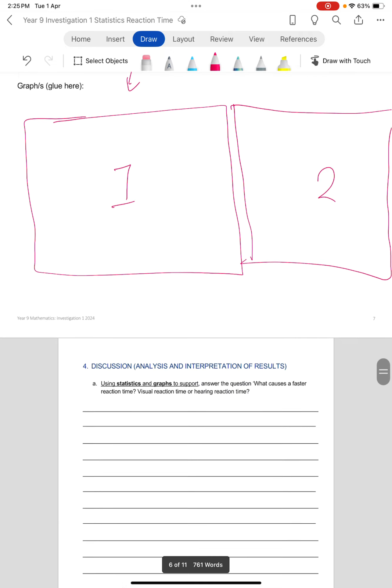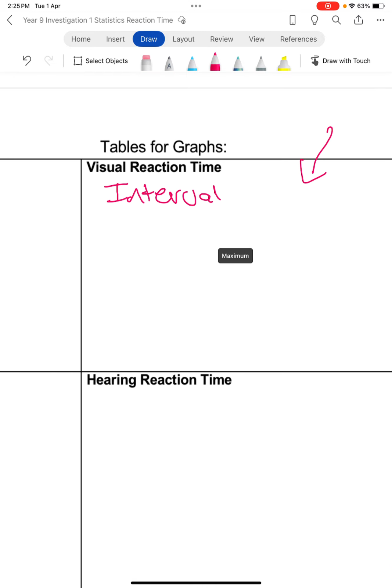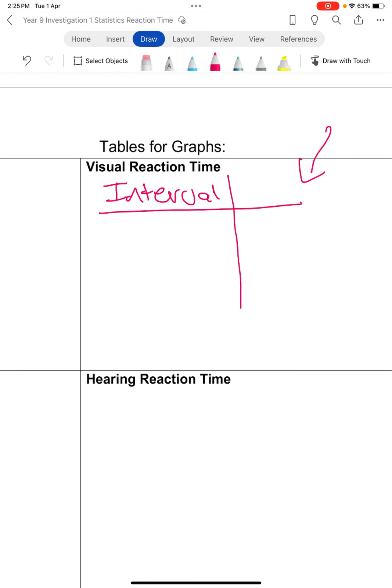And in order to create a histogram, we first have to make an intervals and frequency table. So that'll look something like this. You'll set up with interval, frequency. Please use a ruler, please make it neater than me. Interval, frequency, and then for the intervals, I haven't looked at the data, so what I'm putting here is not necessarily going to be right,